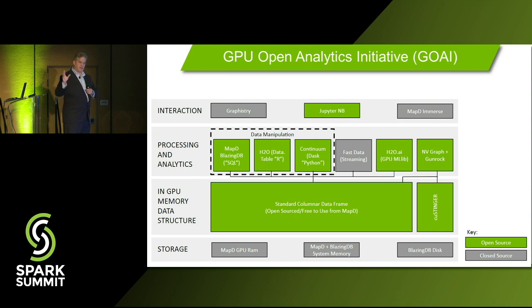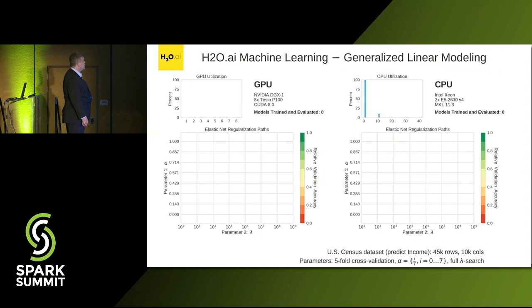Things like data.table for R and pandas will eventually run, but they'll be running on the data in the GPU data frame. And the idea is that you can do machine learning and you can do data analytics in this data frame, and then using the frameworks off to the side, you can do deep learning. And so it'll be super fast. So we're very excited about this. As you can see, a lot of it's open source with enterprise-grade support. So it's very much in sort of the Spark ideal.